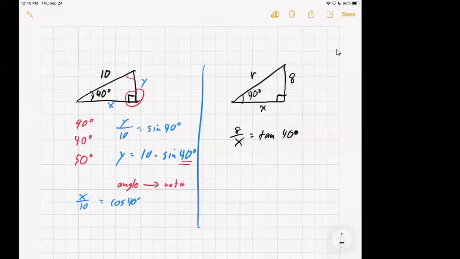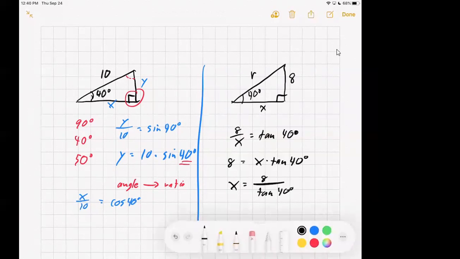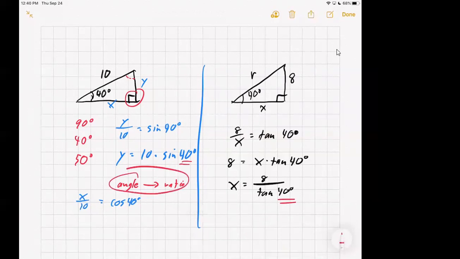And then you can multiply both sides by X. So 8 is equal to X times tan 40. And X would be 8 divided by tan 40 degrees. And once again, you don't have a problem because you have a trig function of an angle, and one angle leads to one ratio. So you get a single answer. And then you can do something similar for R involving the sine function. So 8 would be the opposite side, R would be the hypotenuse, and you could solve for R in a similar